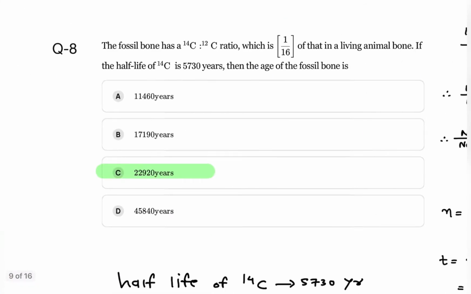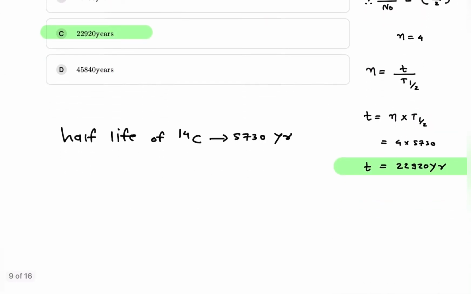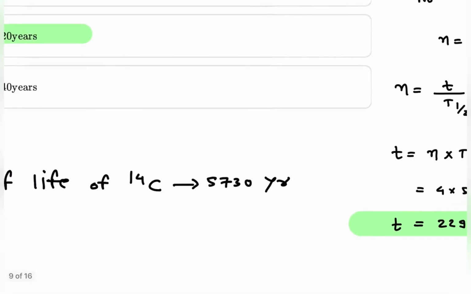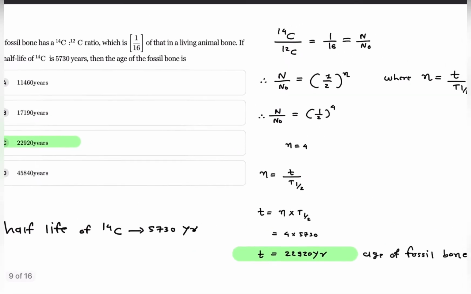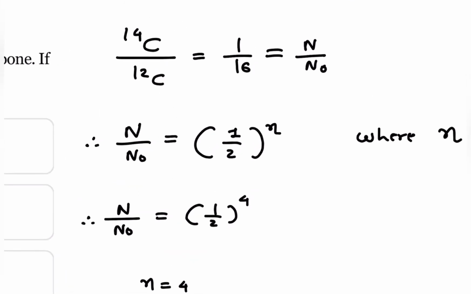The fossil bone has C14 to C12 ratio, which is 1/16 of that of living animal bone. If the half-life of C14 is 5730 years, then the age of fossil bone is what? The half-life is given, that is T1/2 for C14 is 5730 years, that is given in the data. Now from the equation of N by N naught, that is the ratio of C14 to carbon C12 is